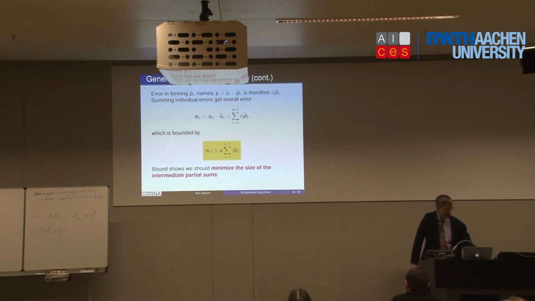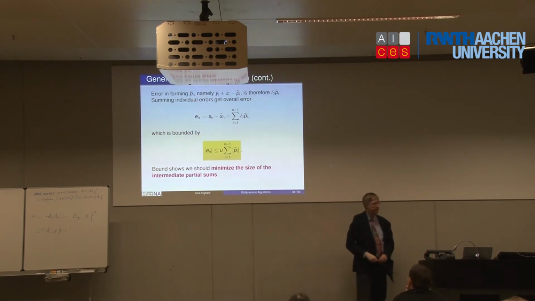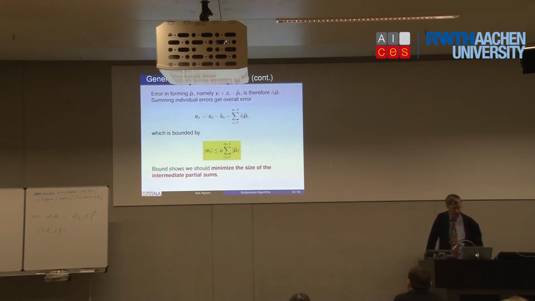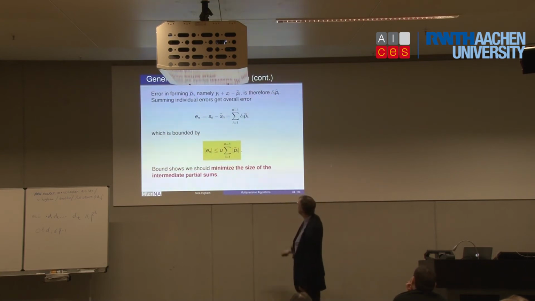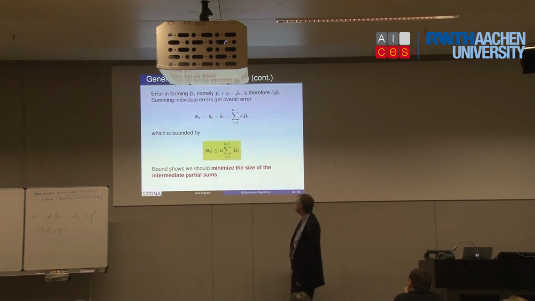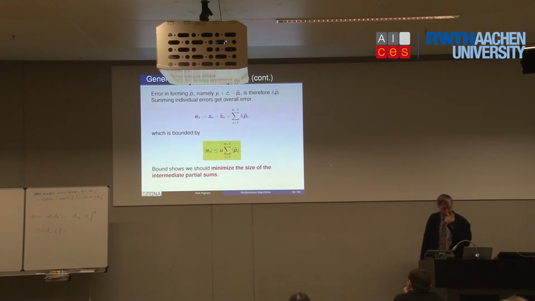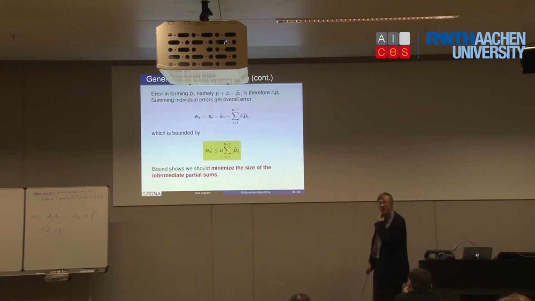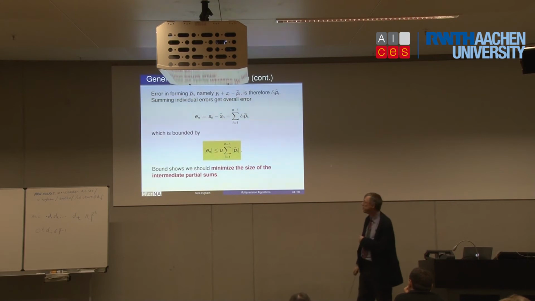Summation is a linear operation. Error is just the sum of the individual errors. So the final error is simply the sum of these delta i's times pi hat. Think about that for a moment, but it really is that simple. And I can then use the fact that the delta i's are all bounded by unit round-off in modulus to get this inequality very, very simply. So the overall error is bounded by unit round-off times the sum of these pi hats. What are the pi's? They're the intermediate sums of the summation. So in order to minimize the error bound, we want to minimize this quantity, the sum of the partial sums. That's what that tells us.